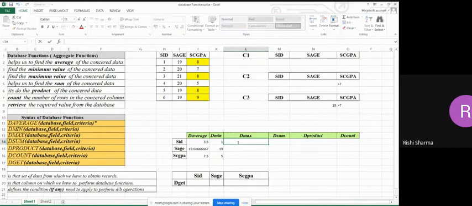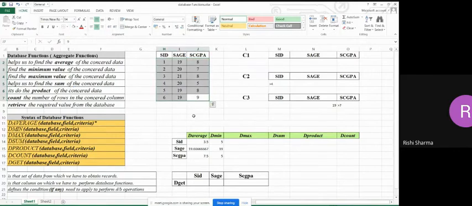So the condition is that, let's say this time I am choosing CGPA. Let's leave CGPA. Let's see if SID is greater than 4. So this is my criteria this time. Let me change the color of that, make it white. When I'm saying that SID is greater than 4, I'm talking about these two columns. SID's column is this one, 5 and 6. The corresponding rows are these.